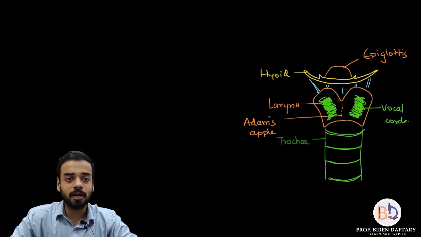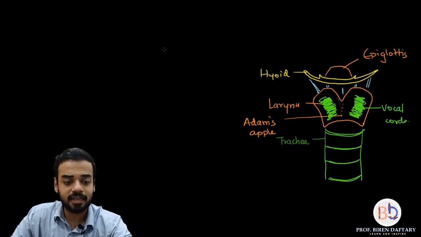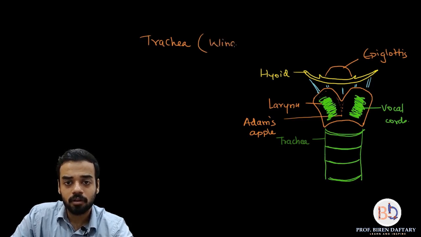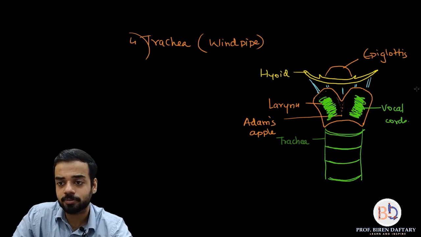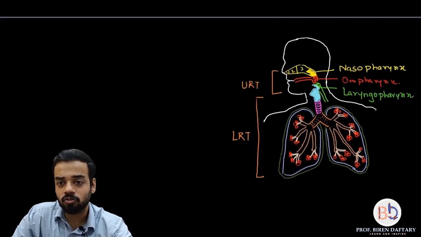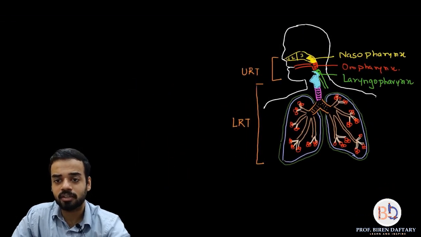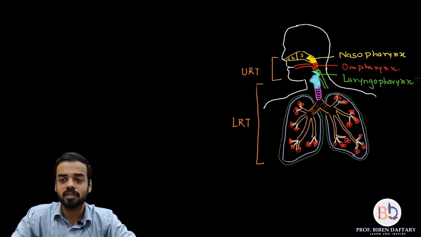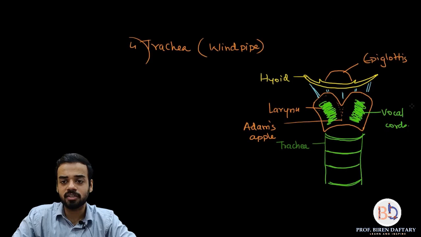Now we come to the part which is present below the larynx, and that is called the trachea. Trachea is also called the windpipe. So this is the fourth part now in your respiratory system anatomy. Let us go over here. So over here I have shown the trachea with this purple colored structure. You can see there are rings present. Okay, you can see them clearly over here. These green rings are present, C-shaped.